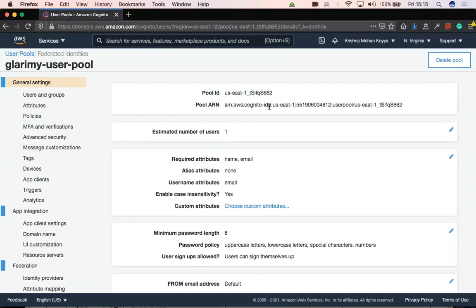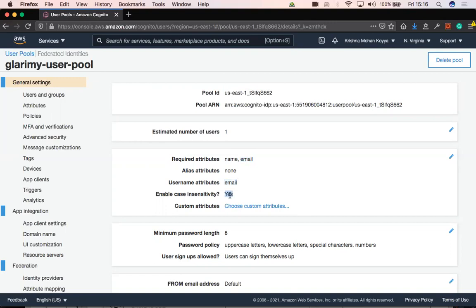Forget about ARNs and so on. The current number of users in this pool is only one as of now. And when I set up this user pool, what I said is that if somebody wants to register with Cognito, they must provide us with a name and email. Unless they provide their name and email, registration will not be accepted by Cognito. That is how I set it up. And email will be used as the username. Whatever email they give becomes the username.